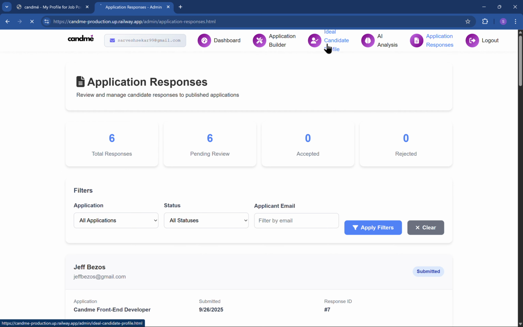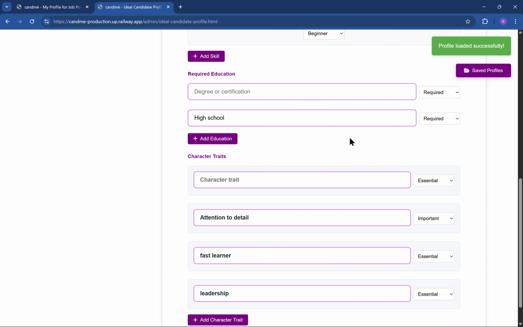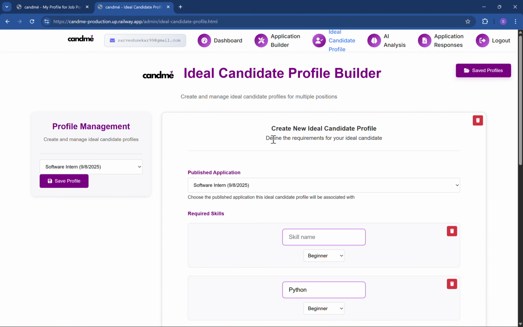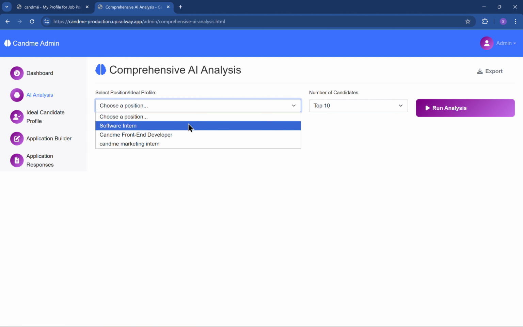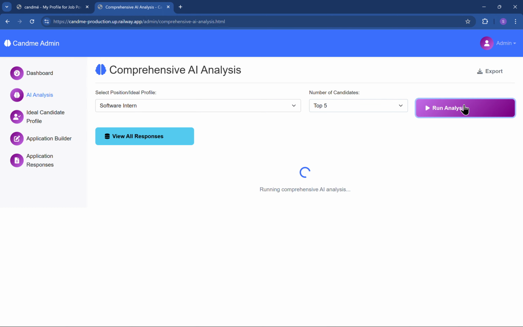Then we have our ideal candidate profile, which will work in conjunction with our AI analysis. The ideal candidate profile is essentially where we have a list of the traits and the education and the skills and the character traits that we want to see in an applicant. And then that works in conjunction with the AI analysis, where if we click on a position and we run our analysis,